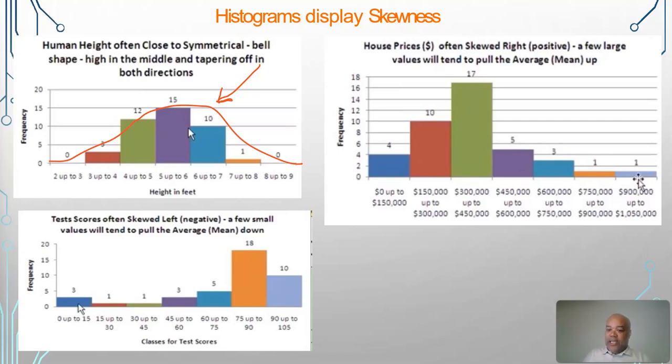On the other hand, you can look at positive skewness, and we said positive skewness means you have a right tail, and in this case we have a right tail. It's evident in data like house prices, where there are a few high values, the luxury homes. They're going to stretch the tail to the right, pulling the mean upwards. On the other hand, negative skewness, which you see over here, can be observed in things like test scores, where there are a few low values that extend the tail to the left, pulling the mean, the average, down.